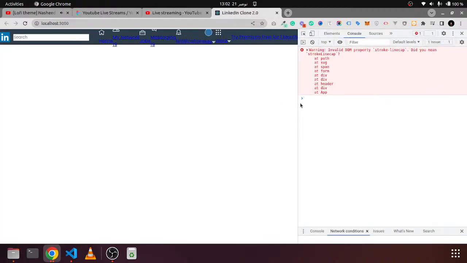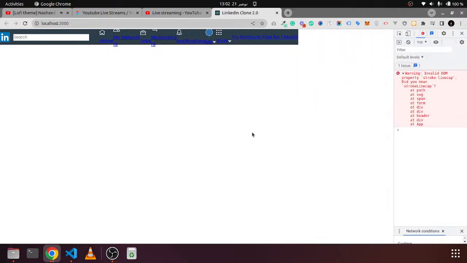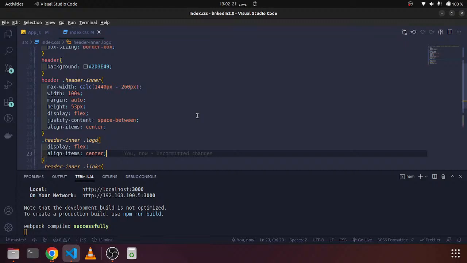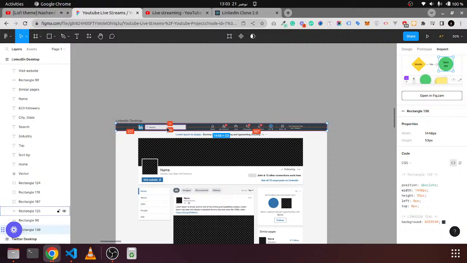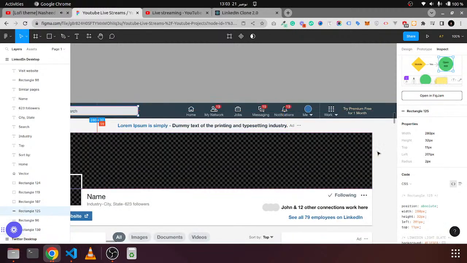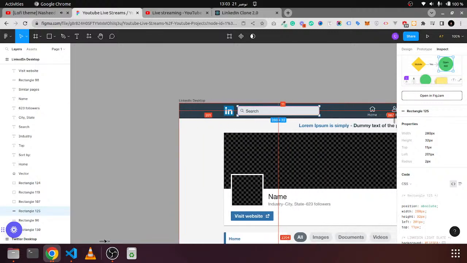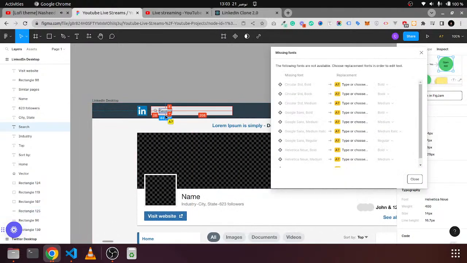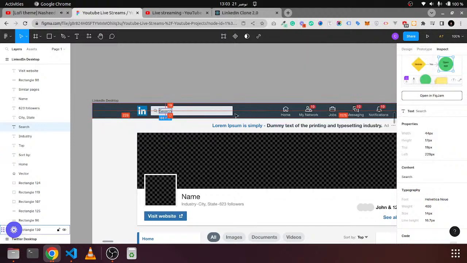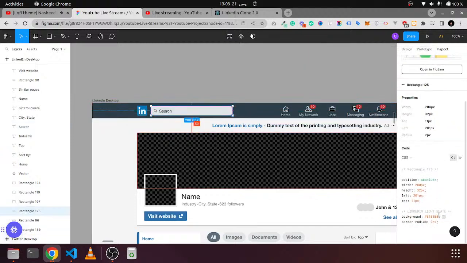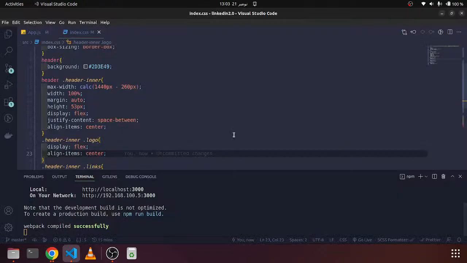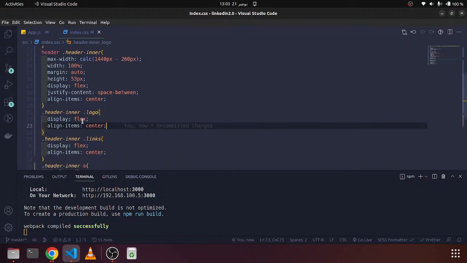Okay, now this thing is fixed. Now let's style this input, and we will fix the rest later. If I see the height of this input, and we have width as well, how much height is it? It's 32 pixel, right? First of all, I should copy that thing, and I should say the header inner form and